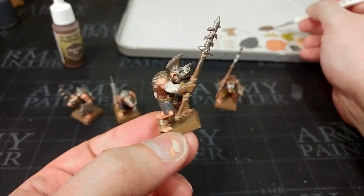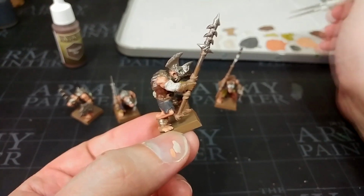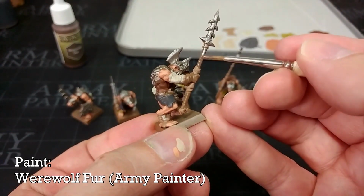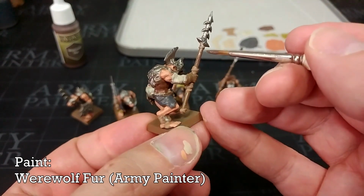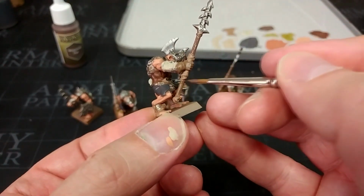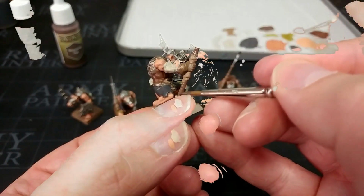Now speaking of those spears, it's up to you if you do want to paint the wood on these, but I've got werewolf fur for this. Now strictly speaking, you'd probably find that spear wood would be a slightly lighter colour, but I like dark, so...